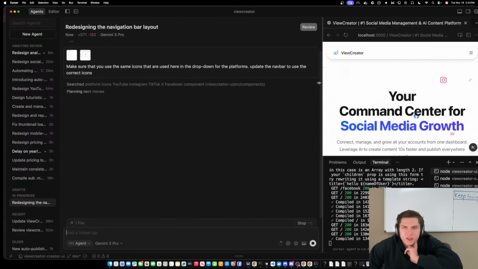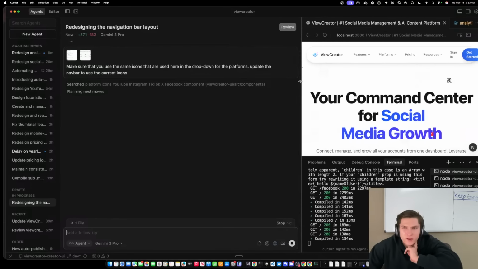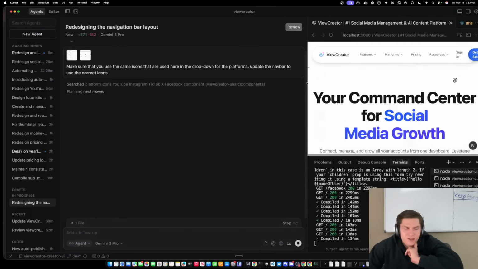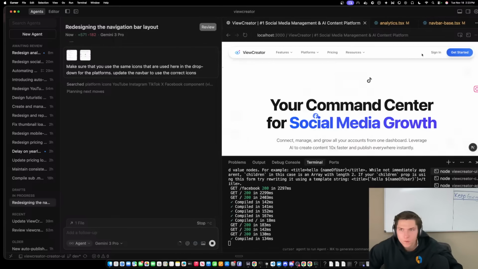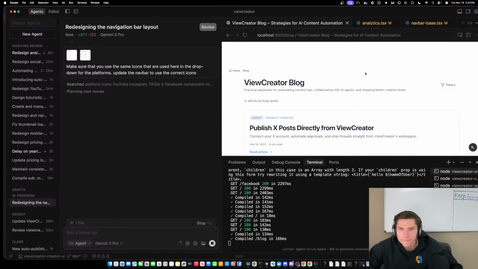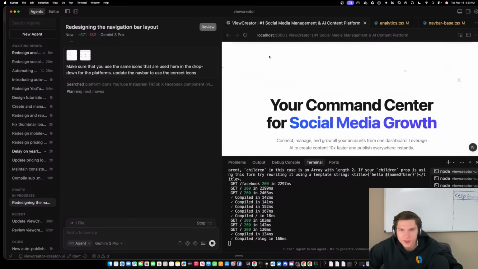Pretty good responsiveness. There's the breakpoint. Maybe it could break a little bit before that. You see that? I don't like that animation. I mean, the animation's kind of cool, but